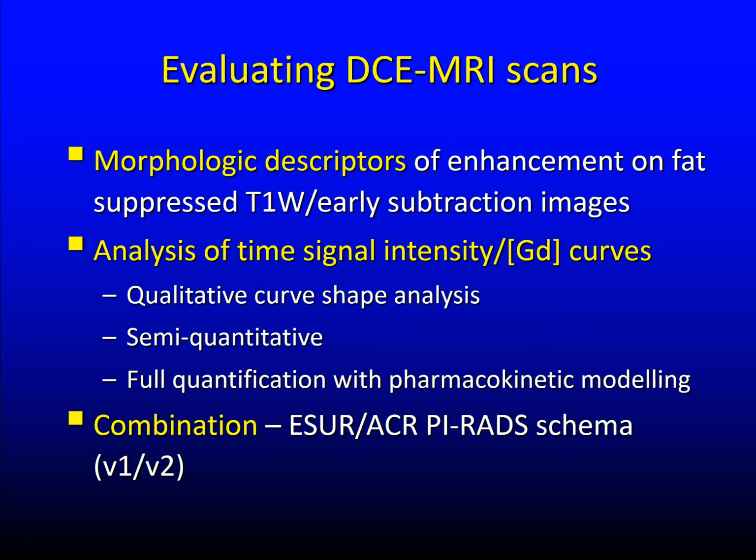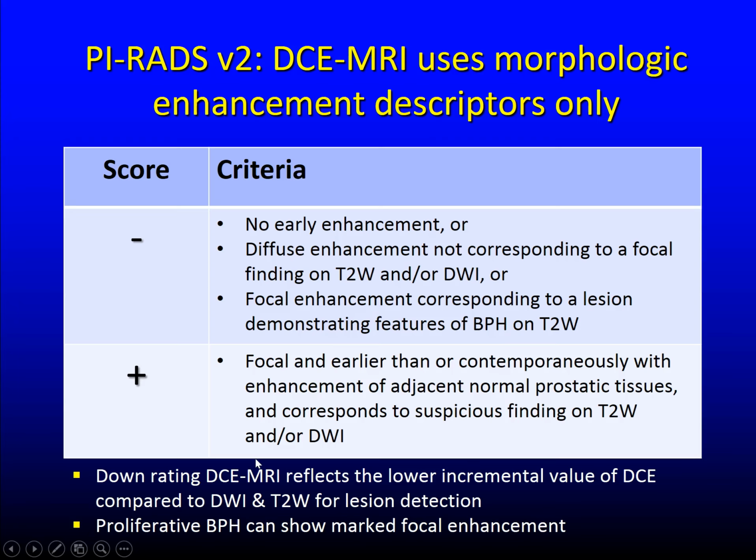Now, when you perform these sequences, you will be able to evaluate the DCE MRI scans in several ways. You can do morphological descriptors of enhancement on the fat suppressed or the early subtraction images. You can look at time signal intensity curves, or you can use some sort of combination, and this is the ESUR ACR PI-RADS schema. So let me just show you the latest PI-RADS version 2 scheme, which only uses morphological